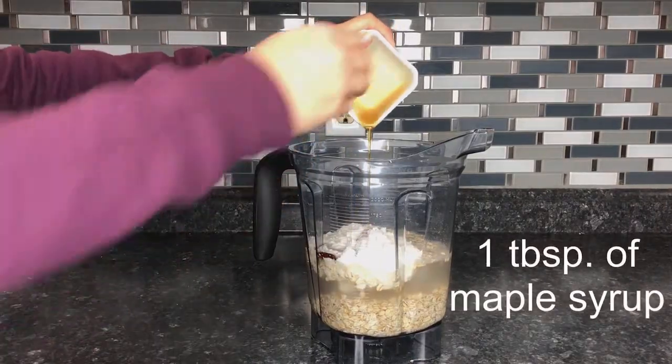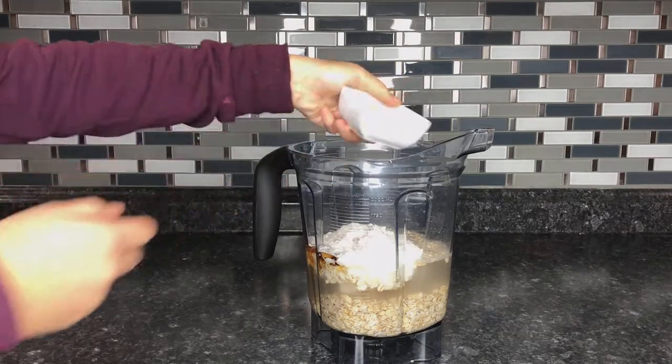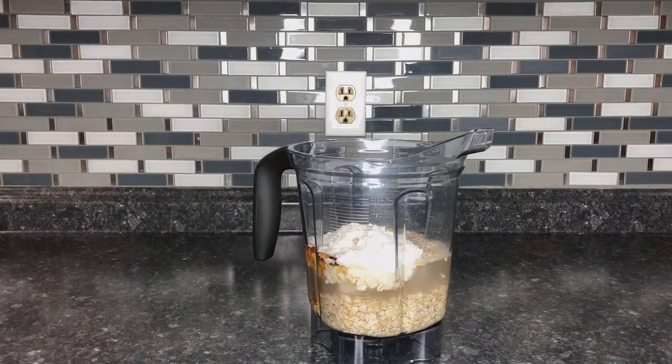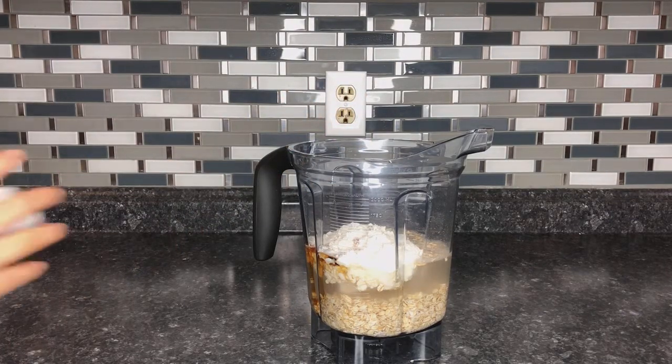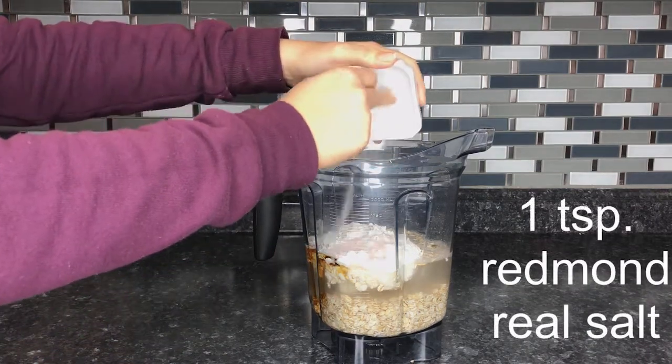next ingredient will be 1 tablespoon of maple syrup. You can use 1 tablespoon of honey as well instead of the maple syrup if you'd like. Next is 1 teaspoon of Redmond Real Salt,